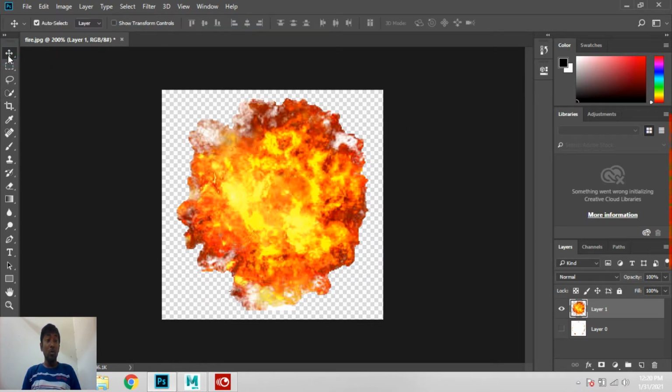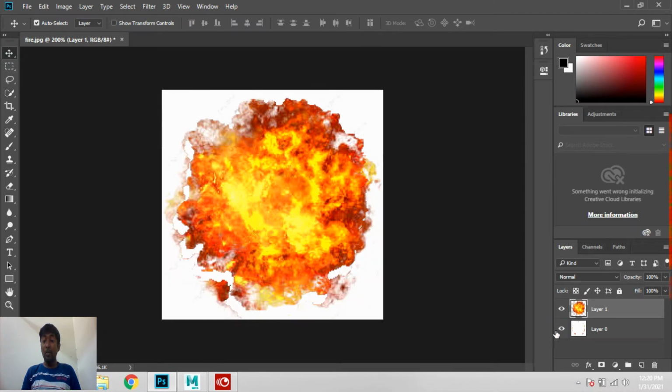Now go to remove tool, turn on your background, select the layer, double click and rename this one background.